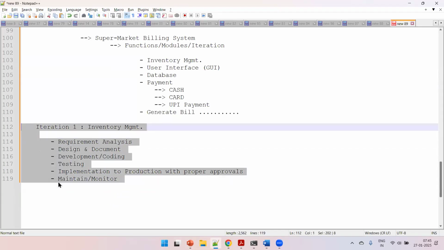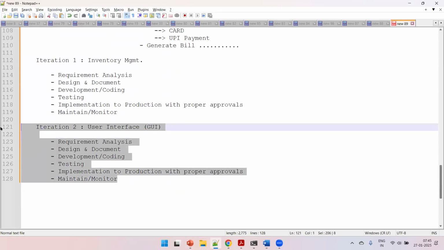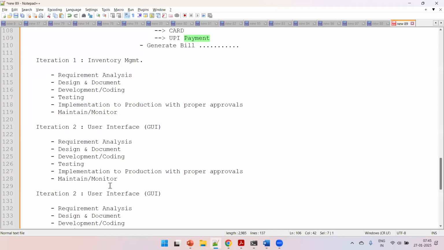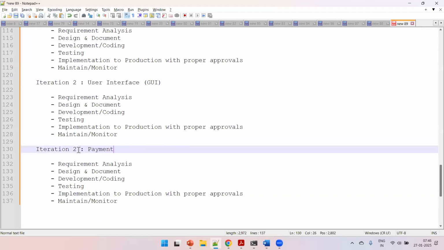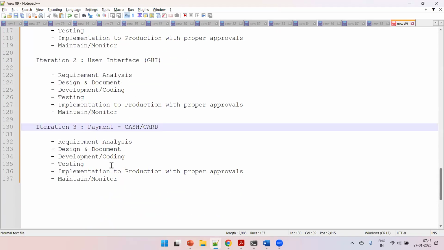Similarly, the next iteration can be meant for your user interface design, right? And the third iteration can be meant for your payment, anything like that. It can be for your cash payment or card payment or whatever. So like this, for any requirements we have from the customer, we can independently work on that requirement as an iteration, and it can be independently deployed to the production environment also